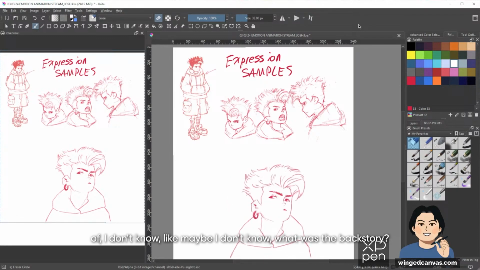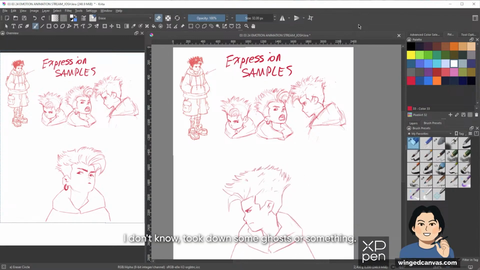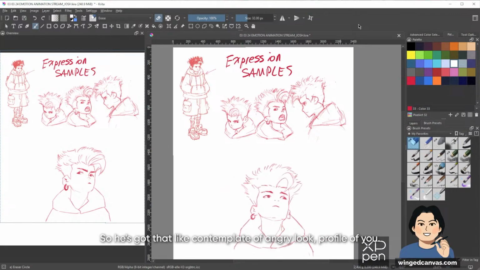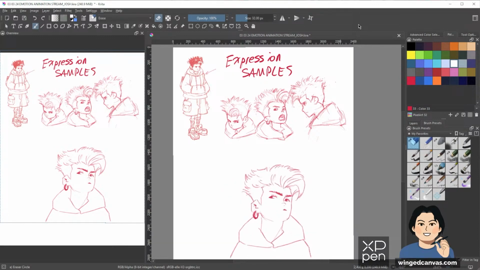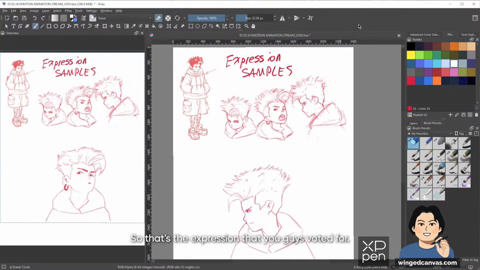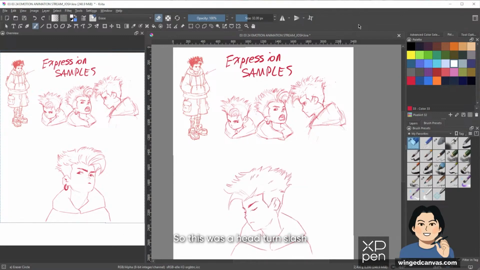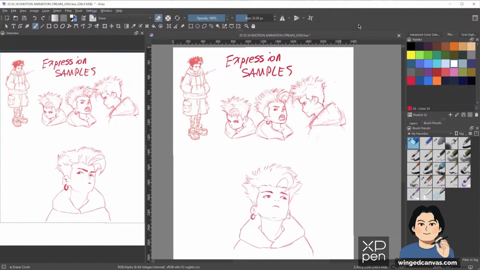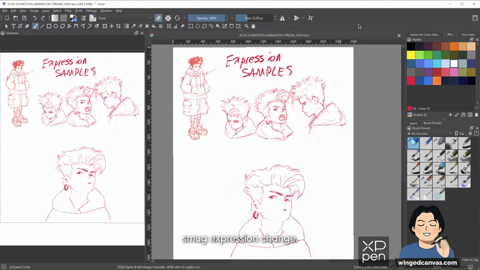People were like, oh, he took down some ghosts or something, so he's got that contemplative, angry look in profile view, and then he does a little smug turn afterwards. That's the expression that you guys voted for. So this was a head turn slash smug expression change.